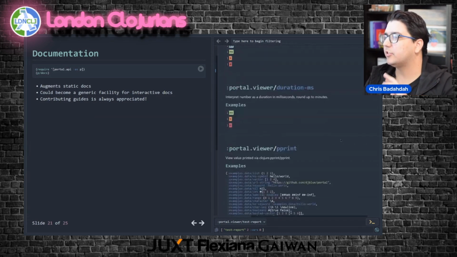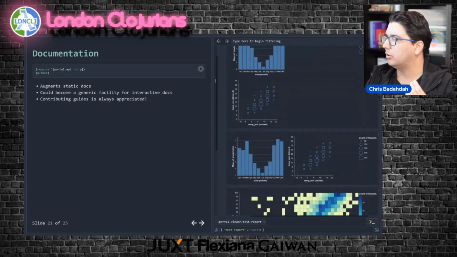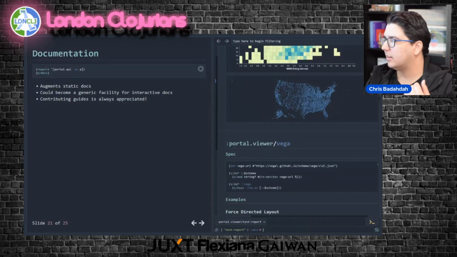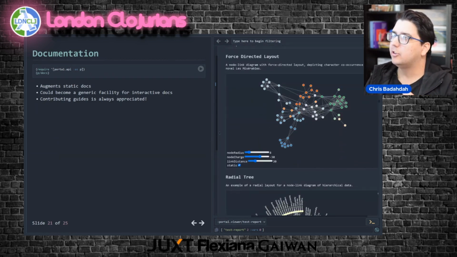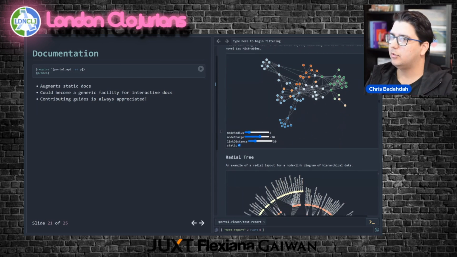Color viewer. Anyway, if you wanted to see more of what's available to you in Portal in terms of viewers, I highly recommend this. Go through it. If you find something lacking, we can definitely improve it. Documentation is an ever growing thing, right? You keep having to do more and more of it. And I think it's one of those things where you don't know what you need to document until people start having those questions. So I don't necessarily know what to put in until people start asking questions.